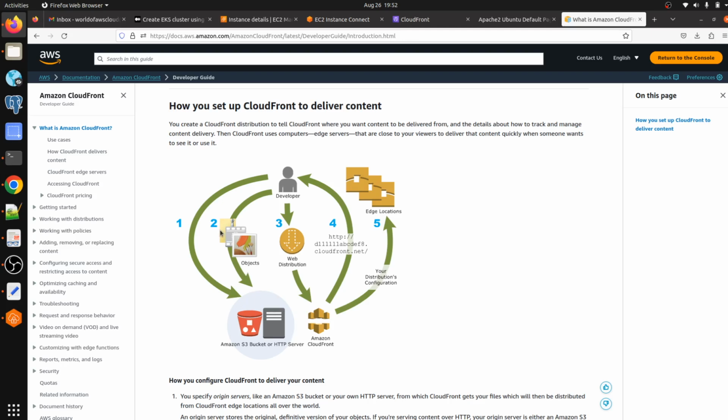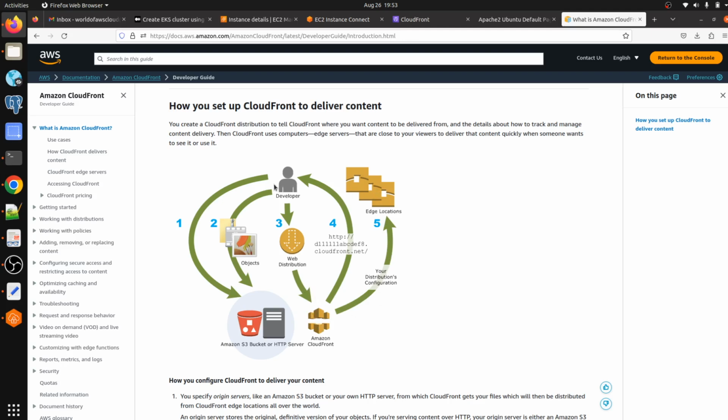Okay, and two, whatever object we have stored in the S3 bucket, and third one is the web distribution. So web distribution is going to interact with CloudFront. Okay, and so cloudfront.net, whatever DNS we are using, then another copy of your content will be saved at the edge location.